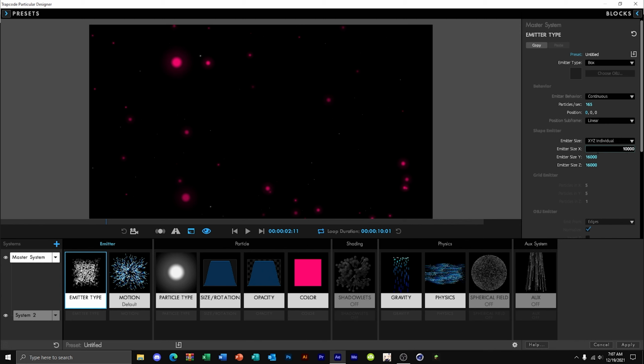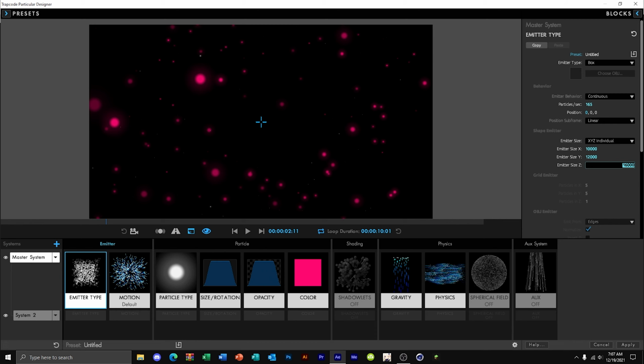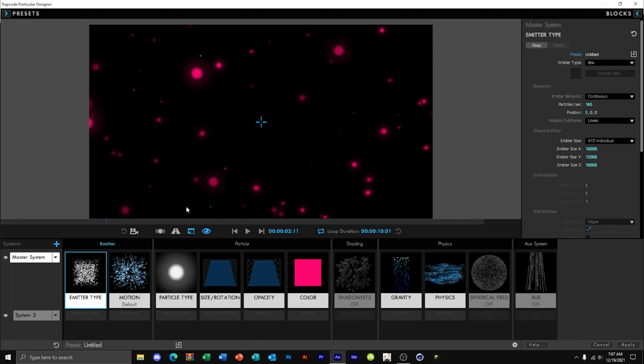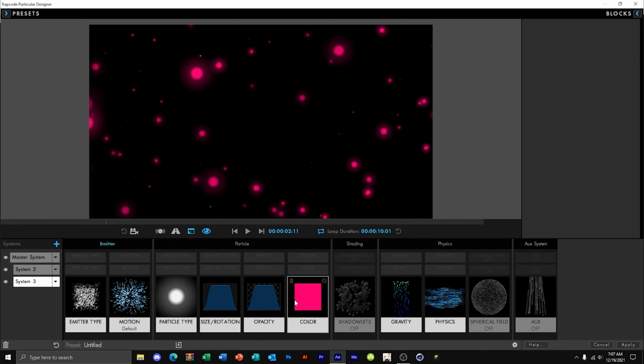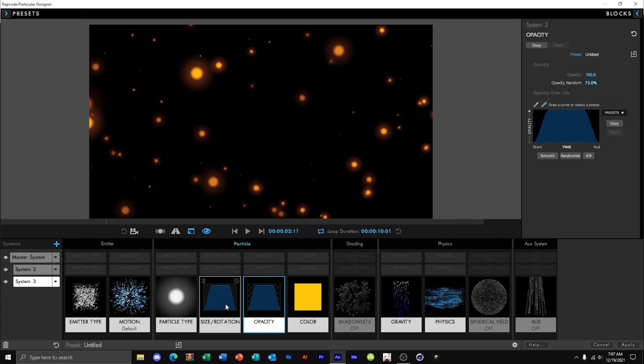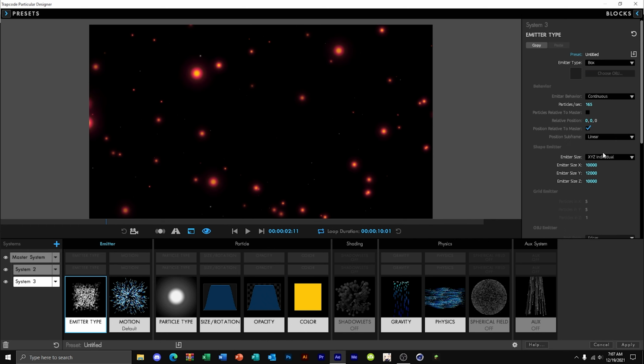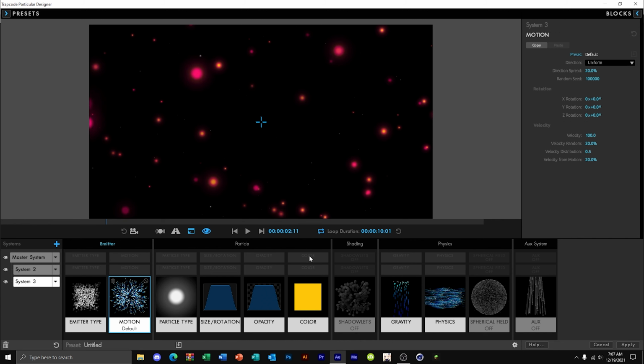If you want to make it closer, you can just change any numbers. Like here's how this works. And then let's duplicate the system. You can always do that too. And then let's say I want it to be this color. So you can also change the size. You can change the amount of particles. You can also change the direction like I did here